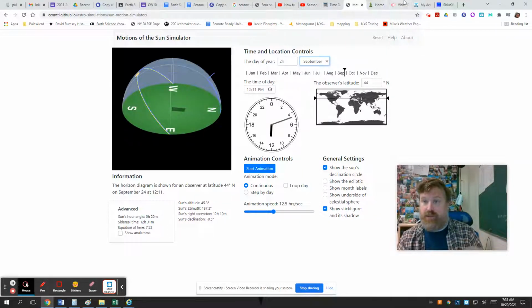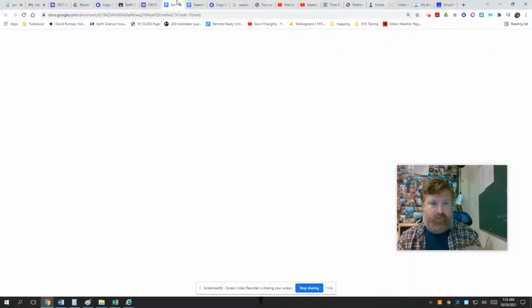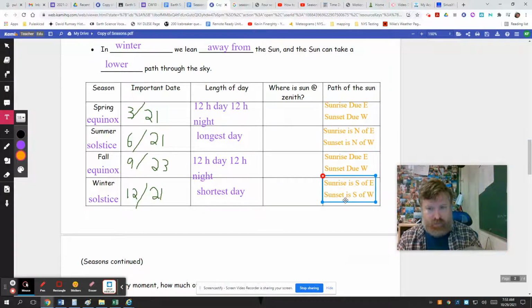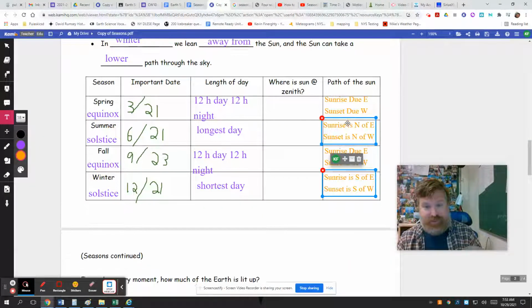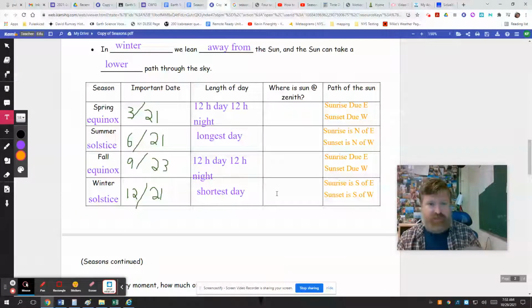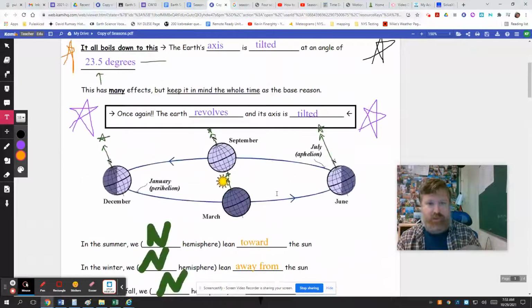All right, so let's just double check the notes, make sure we're good to go. Oh, too much stuff open. Tough stuff, but it's another one of the things that's got to be in there. I think we'll stop there. We'll call it good. We do have to figure out where the sun's overhead. That'll be the last part of these notes we do.